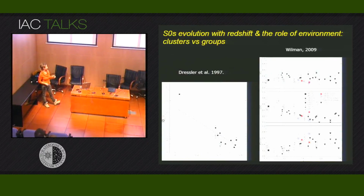So it has been thought that the cluster environment is one of the best places where you can build an S0, if you want, because the cluster potential is really high and the velocity dispersion of the galaxies in a cluster is really high. And so it's possible that a spiral that falls into a cluster loses its star formation and its gas through interaction with the intracluster hot medium or with the cluster potential. But